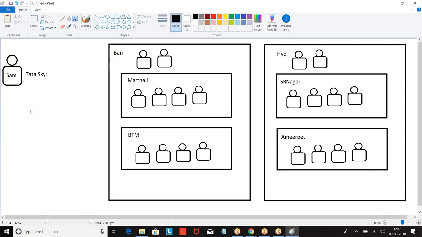These people would need to travel almost 45 minutes to 1 hour to reach Martali to give you the connection. Instead of that, I can give it to the people who are in Martali; probably it takes 10 minutes for them to reach Whitefield. So I am sharing the data based on what? Region wise. Now somebody from Delhi made a call and said I am looking for a Tata Sky connection. That request will not go to Hyderabad. Boss, take a flight to Delhi, give a Tata Sky connection, come back? It will not happen, right?